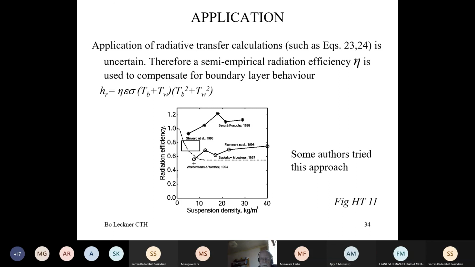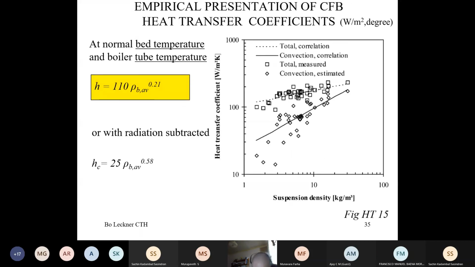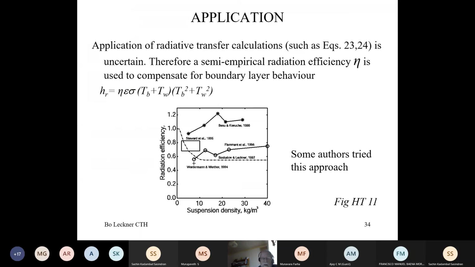So and also the temperature is lower. So the wall layer may influence. But on the other hand, you need very refined calculations to treat this matter. If you just want to make estimations, you can use an